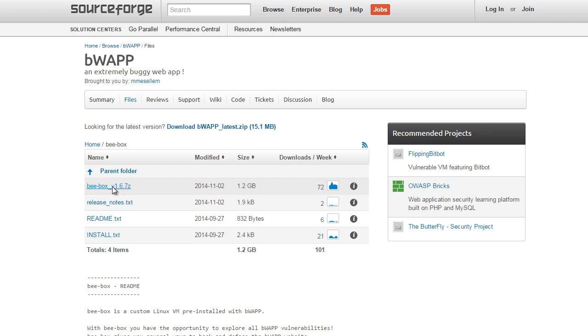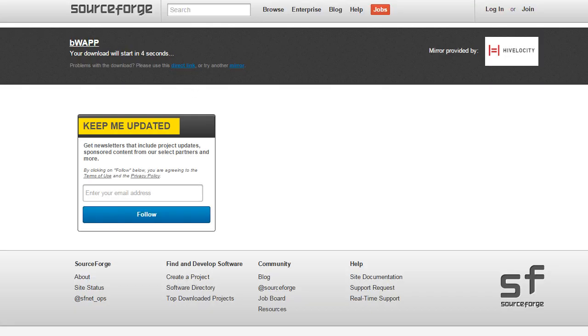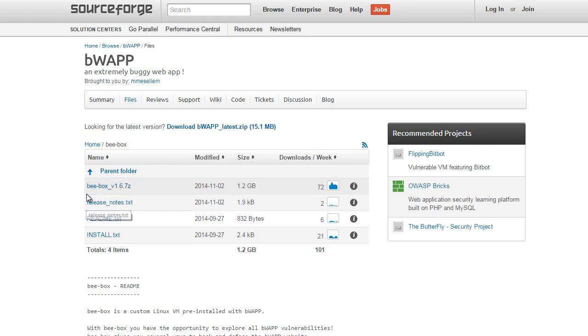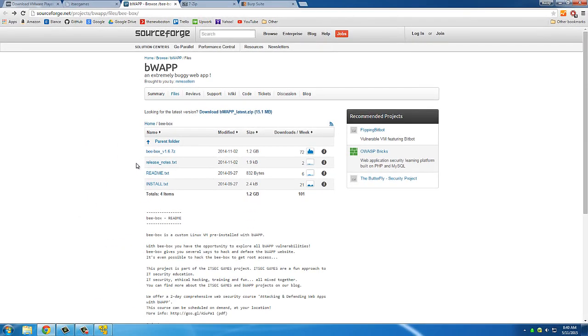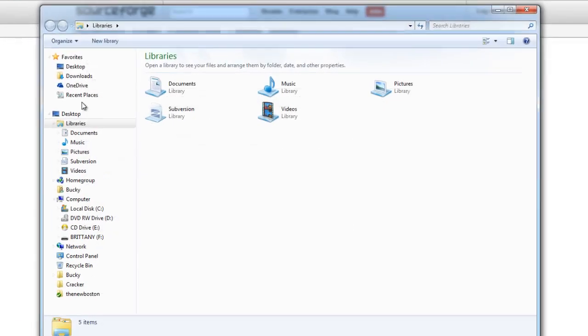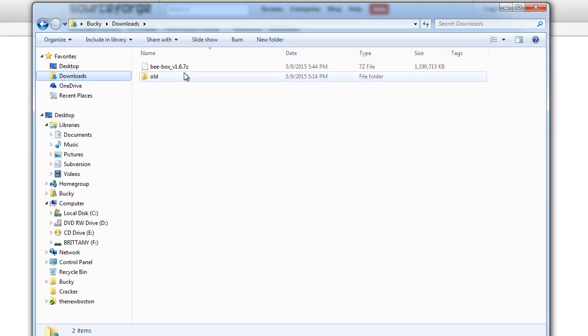So I'm going to click this file. It's the 7Z file, and that's going to start downloading. I actually already have it downloaded because it takes a few minutes, and I didn't think you guys wanted to wait and just see a little download bar progress throughout the entire tutorial. But once you have it downloaded, I'll show you what it gives you. It gives you this file,